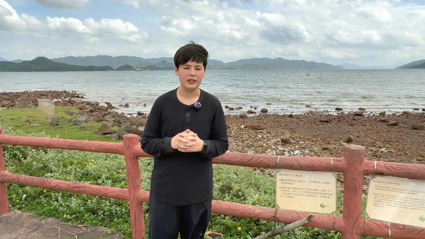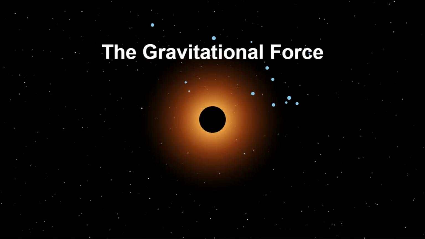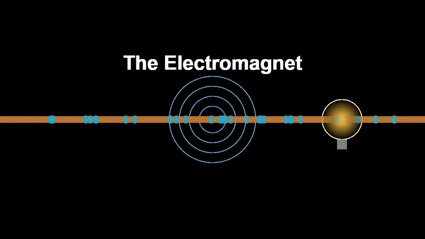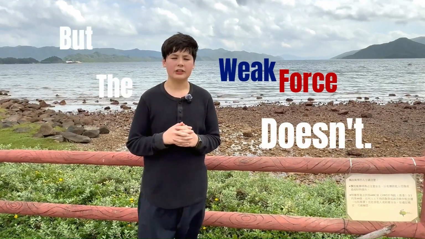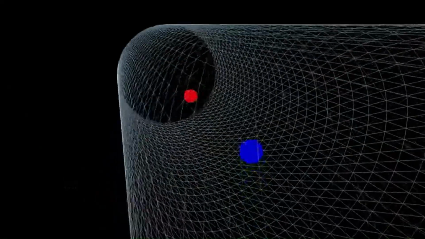Well, it has to do with one of the four main fundamental forces of nature. These are gravity, electromagnetism, strong force and the weak force, which is responsible for radioactive decay. Now the first three of these forces treat matter and antimatter the same, keeping our traditional symmetries, but the weak force doesn't. It's ever so slightly biased towards matter in certain particles.